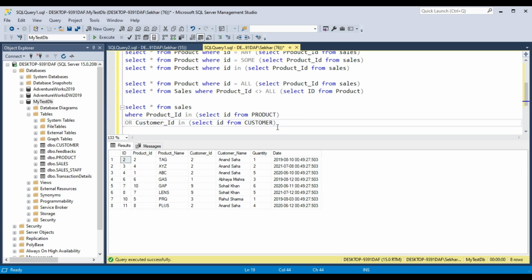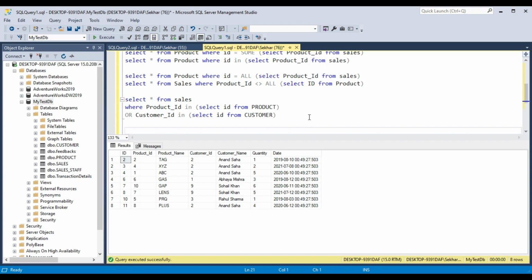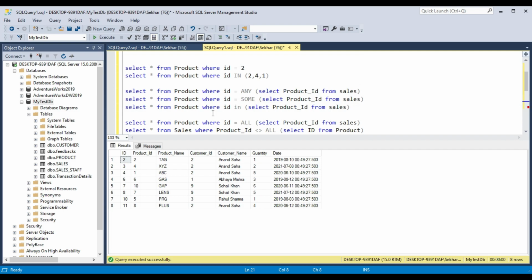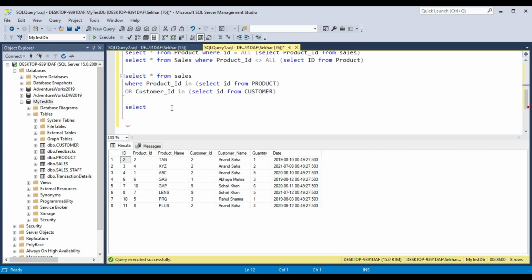And again, like I told you, a subquery can have another subquery under it, right? So let's use this query.